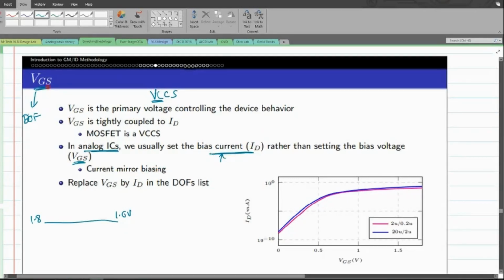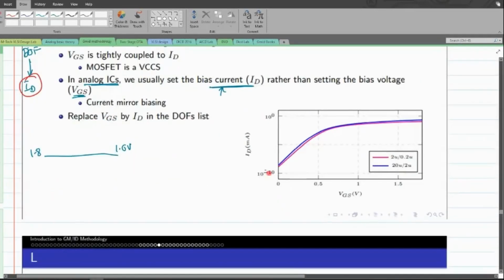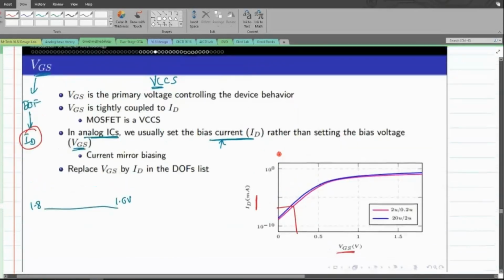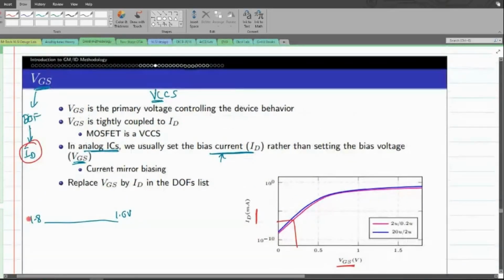Okay, so instead of using this VGS as a variable, what I can do is use this ID. What I'm trying to do is replace this VGS variable with the ID variable. Now you might wonder how it is possible, can I use it like that? If you see, there is a one-to-one correspondence between the value of VGS and ID. Say, for example, I want a particular value of VGS, then there exists only one current that flows. Because of this one-to-one correspondence between the current and the value of VGS, I can replace this VGS with ID.